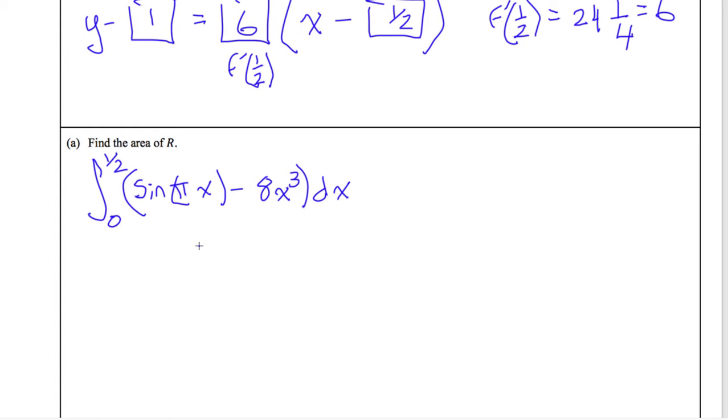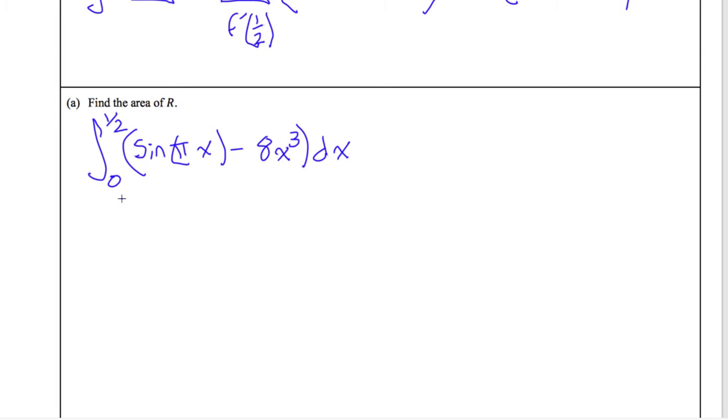Okay, now the hard part is finding the antiderivative and plugging in these values. So the antiderivative of sine, anti-sine, anti-same, which means change. So it's going to be a negative what? Negative cosine. Negative cosine of pi x. Oh, that's a problem. What's the derivative of the inner? Derivative of pi x. I would say pi. Is pi 1? No. Pi is not 1. So the inner derivative is not 1, which means we're using